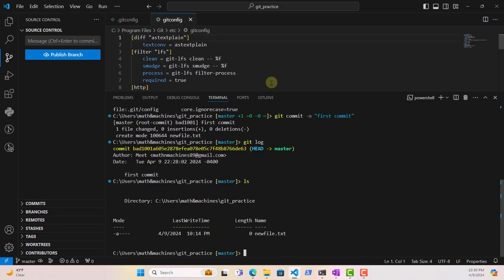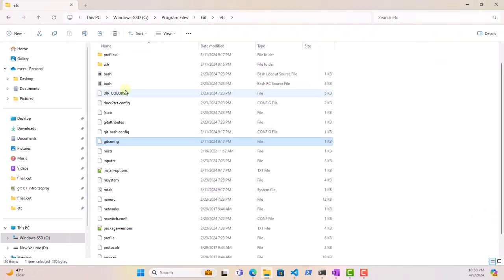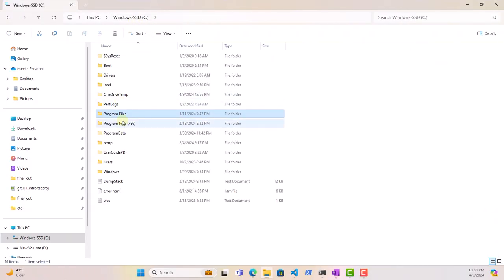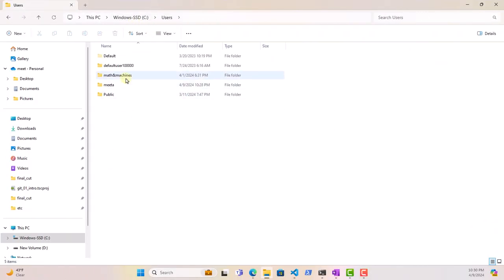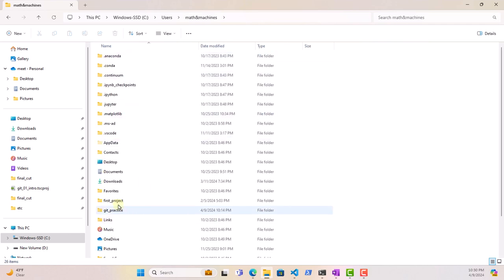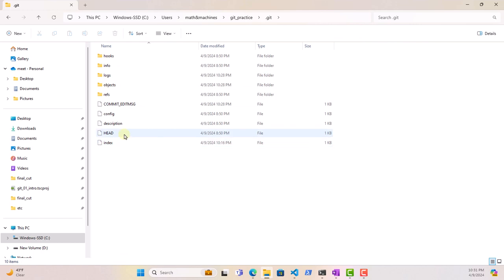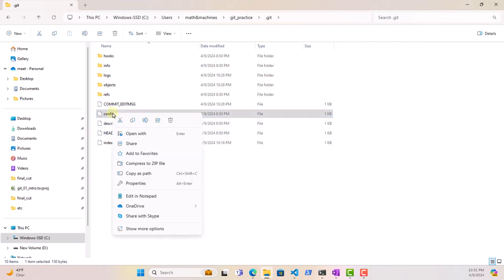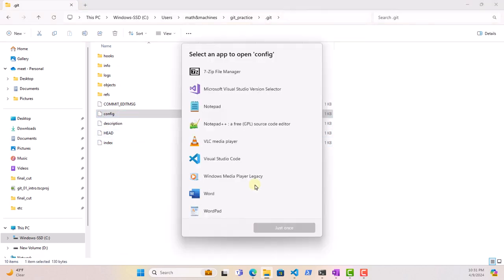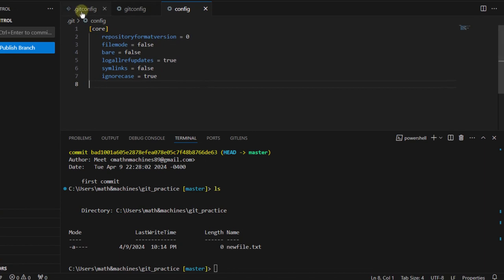Okay, so let us open the one which is under our root project. C drive and users, math and machines, git practice, .git and config. Right, so now that these three files are open, the thing to remember about them is that the one which is directly under our root project, right? So that would be this config file. It has what we call